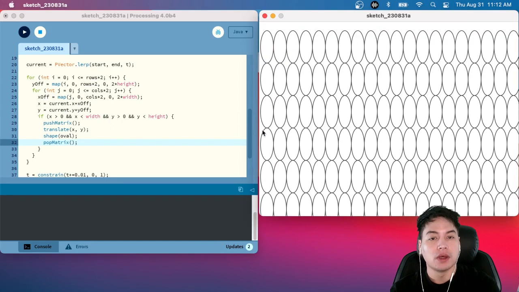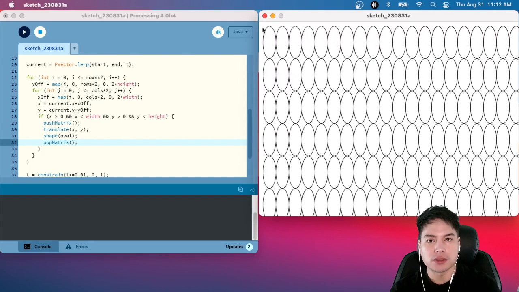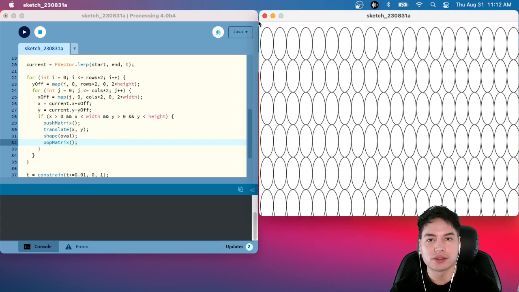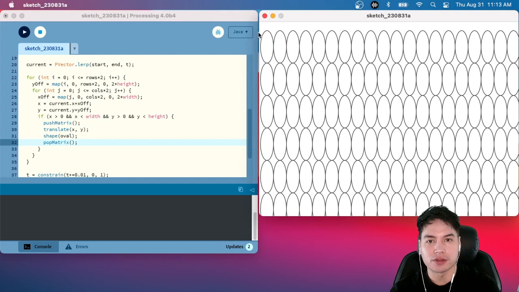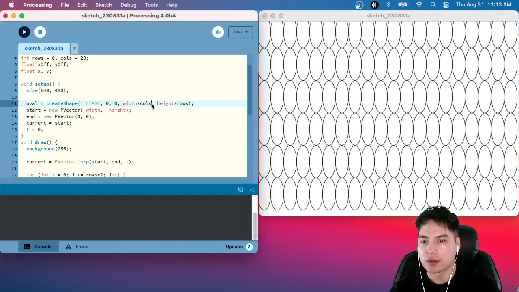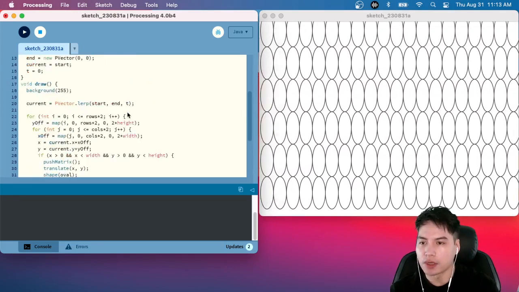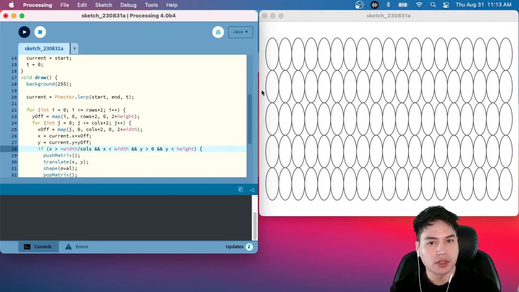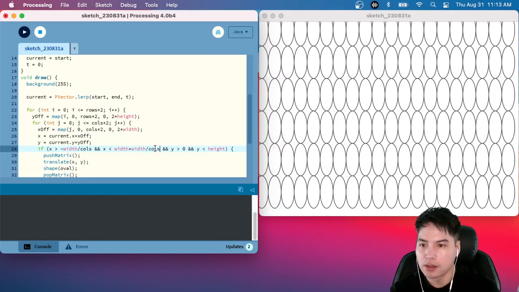Okay, and as you can see, we're clipping in and out a few of these here. That's because the ellipses are getting drawn from the center, right? So sometimes the ones that would be over here, the center of it is not quite at 0. So what we need to do is take the width of our ellipse, or at least the cell, the division that we're thinking of, and say as long as it's greater than negative that. Okay, so that'll take care of the clipping here. I think I'm seeing a little bit of clipping on that side as well. So let's add another